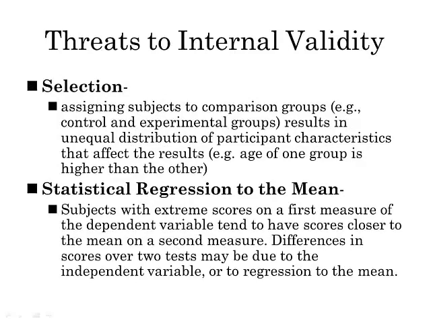Selection is another issue to think about. And here the issue is that we assign subjects to comparison groups, such as the control and the experimental group, for example. And the assignment results in unequal distribution of some characteristics that affect the results. So, for example, even if we did random sampling, it's possible that one group is going to be different from another in some characteristic that